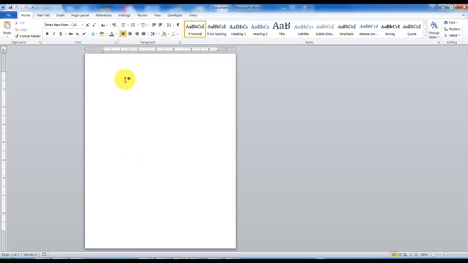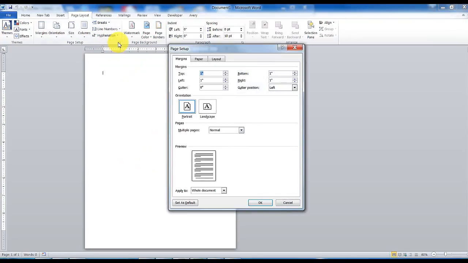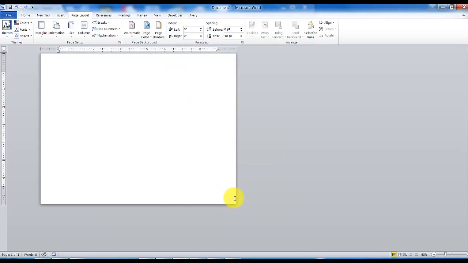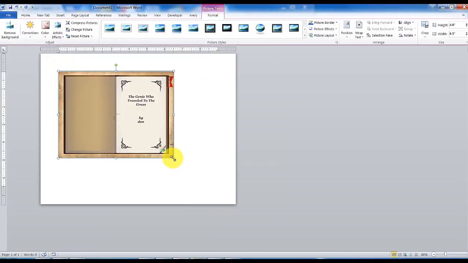You can leave it in the format that it is, portrait, or what I'm going to do is click on Layout and click on Page Setup. Depending upon which version of Office you have, this is going to slightly adjust. I'm going to choose Landscape and click on OK. Now when I do that, I'm simply going to hit Control V to paste it. And then I'm going to enlarge it